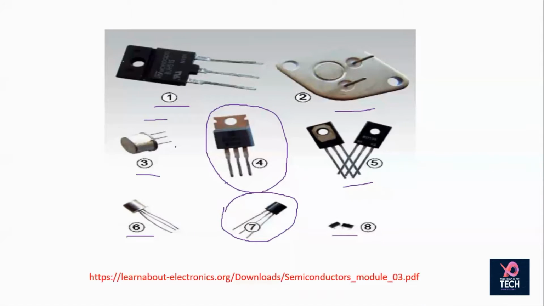So this is just the casing. Inside this, we have a semiconductor that is very, very small. This is just the casing to protect them from mechanical damage, so the transistors cannot be damaged mechanically. Here it is metal, this is ceramic, metal plus ceramic, and this is completely metal. And these are the pins by which they can be accessed externally. Three pins means your emitter, base and collector. In this, this is your emitter, this is base, and your collector has a larger area. So this metal is acting as collector.